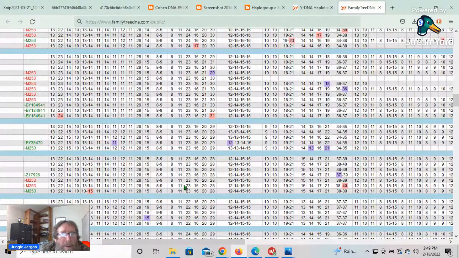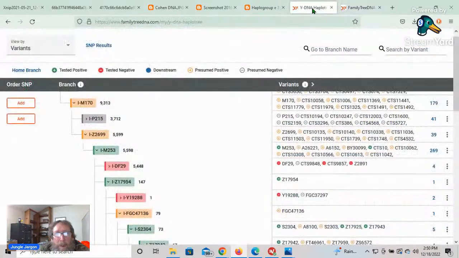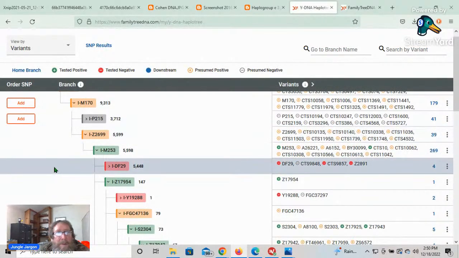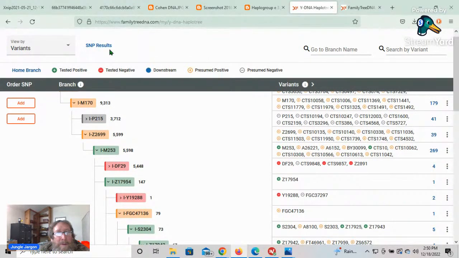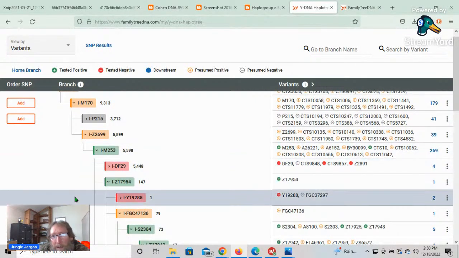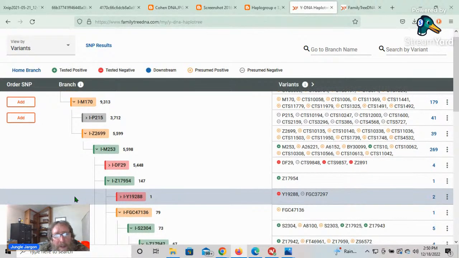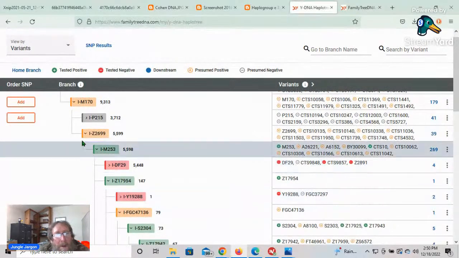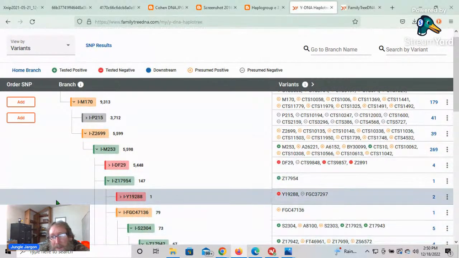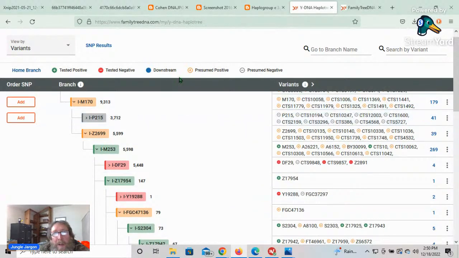Maybe it'll help to understand the difference between the STRs, which is the single tandem repeat, and the SNPs, which is the single nucleotide polymorphisms. These are the SNPs right here. SNP results, single nucleotide polymorphisms. These are what they call the SNPs. These are what define the genealogies. The only difference is that,